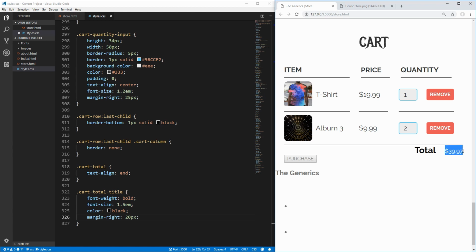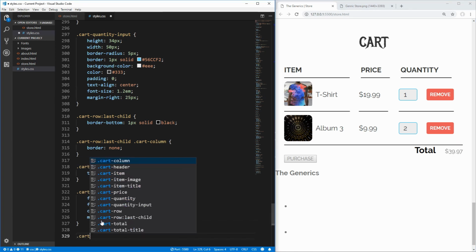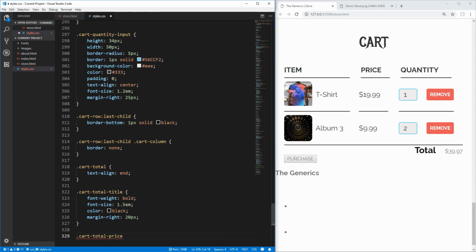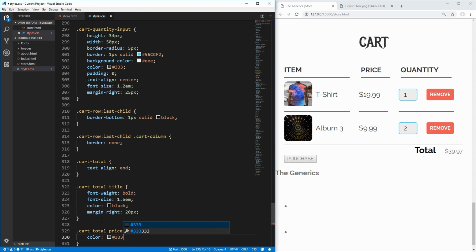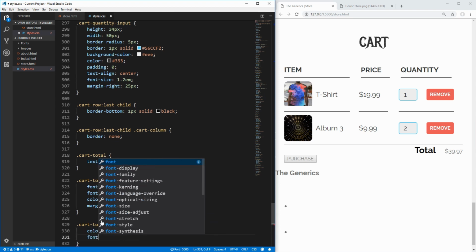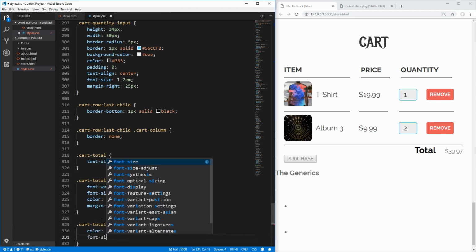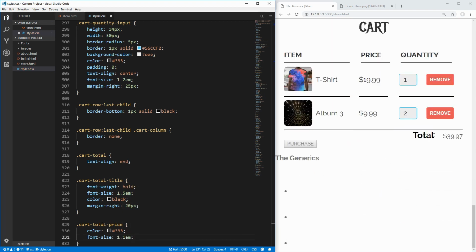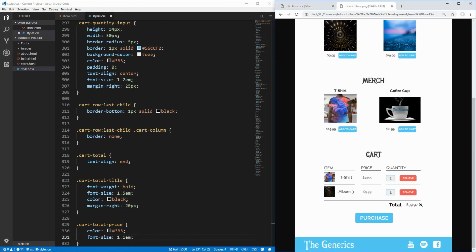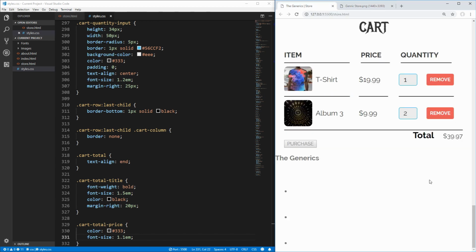Last thing we need to do is just style the actual total price, so we can use cart total price to select that. We can give it a color that's slightly darker and a slightly larger font size, just so it sticks out a little bit more, of 1.1 EM. And if you save that, this now looks almost exactly the same as this, but you'll notice that our total